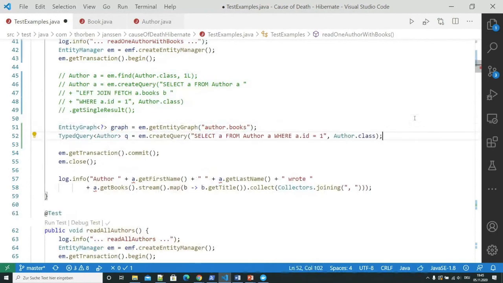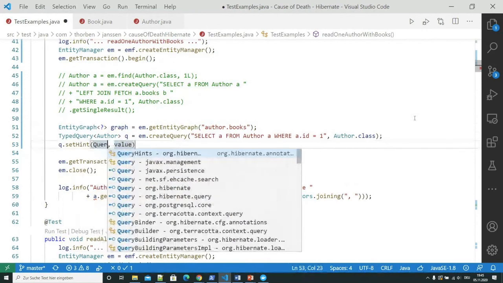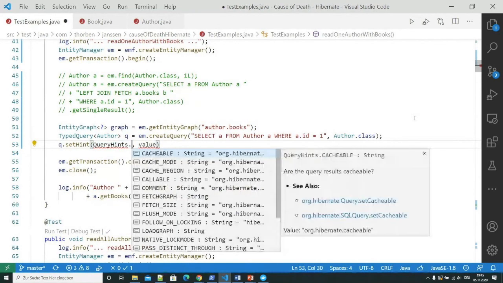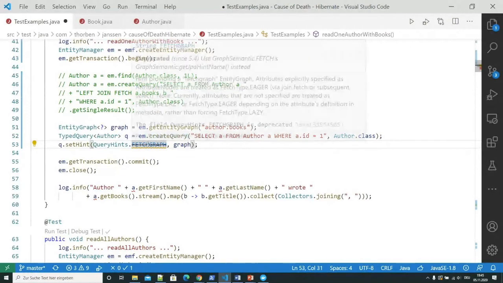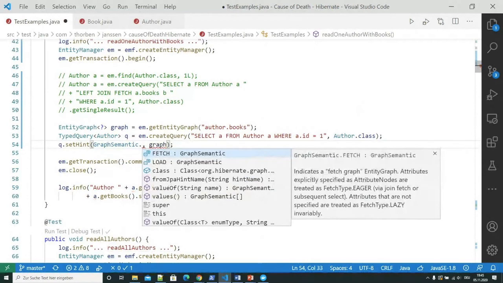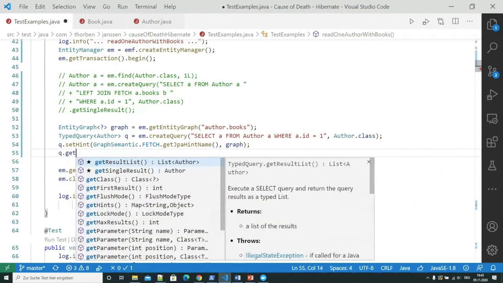And then we can do set hint on the query. Yeah, and now it's called, I think, graph semantics. So graph semantic fetch, JPA hint name, and then get single result.